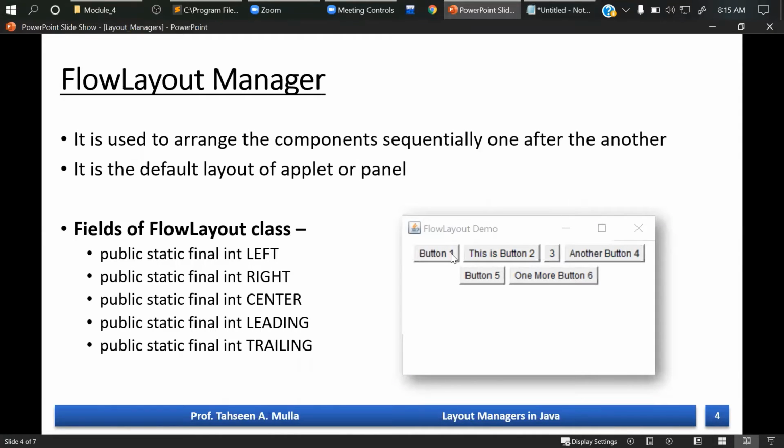That means these two components are having some gap in between. So by default it is 5. So these buttons or these components are not attached to the components next to each other, right? So they're having some gap vertically as well as horizontally, right? So there must be that gap. You can take both also, right?